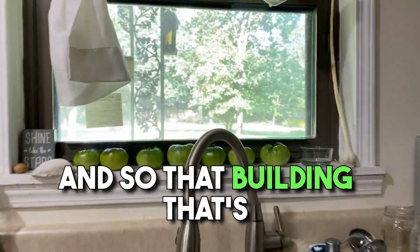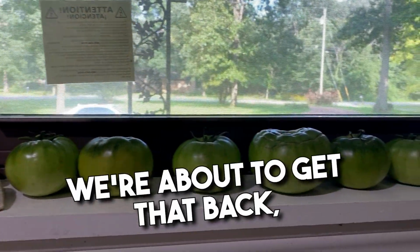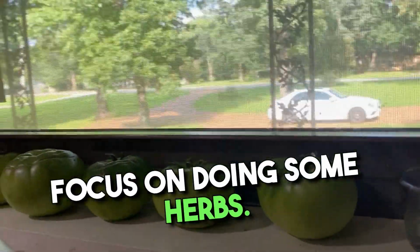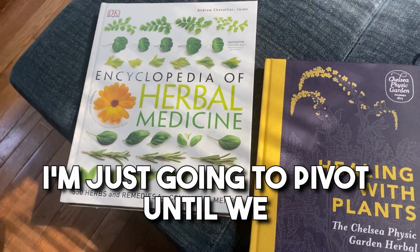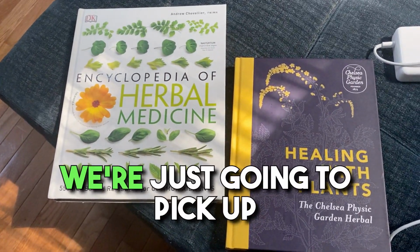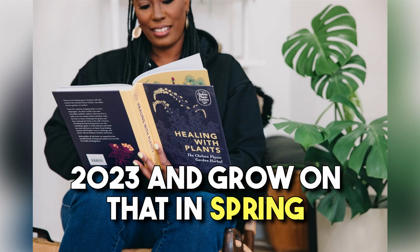That building that's behind us used to be a licensed greenhouse. We're about to get that licensed again as a greenhouse and focus on doing some herbs. I'm going to start some herbs. I'm not going to stop. I'm just going to pivot until we can get the fencing and the animals and do all of the things. We're just going to pick up where we left off from spring of 2023 and grow on that in spring